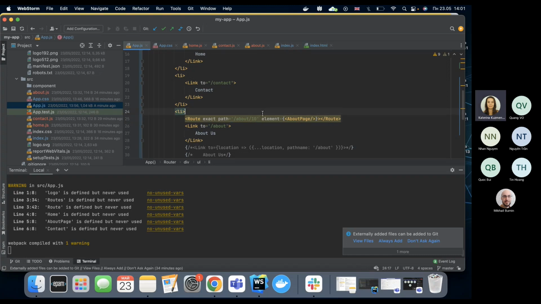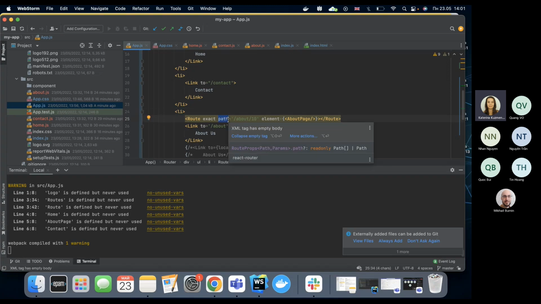So then the path: path specifies a path name, as you might guess, the path name we assign to our component. And element refers to the component which will render on matching